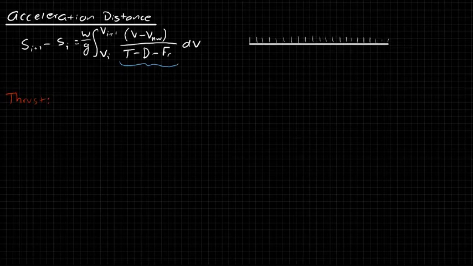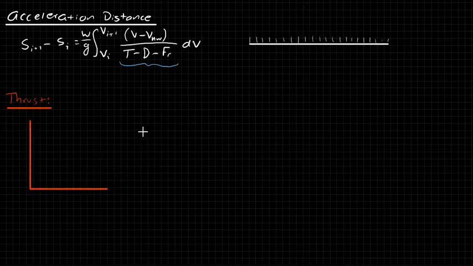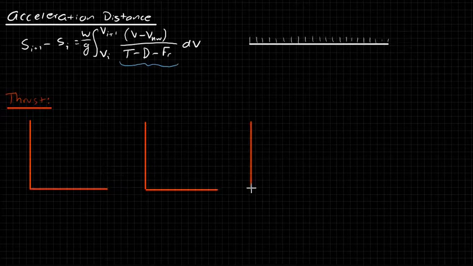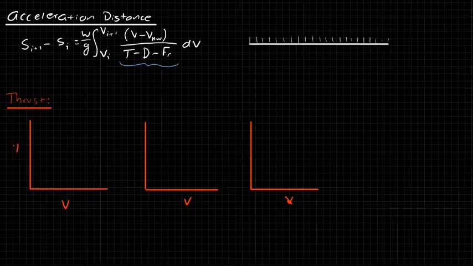Okay, so the thrust is a function of the power plant. We've talked a little bit about this before. And so it really depends on what power plant we have. So to illustrate this, let me consider three different power plants, and I'm just going to do this kind of graphically to give you an idea of what's going on. Nothing here is going to be all that precise, but it will give you an idea of what I mean when I say that the thrust depends on the power plant. So here we have three plots, each with airspeed on the x-axis, and on the y-axis we're going to have the thrust.